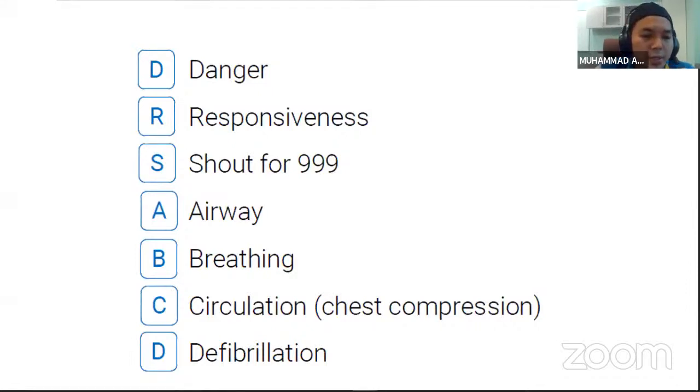A is for airway. Open up the airway and see whether there's anything blocking the airway. If no, check for the breathing. Is the patient breathing or not? And then,